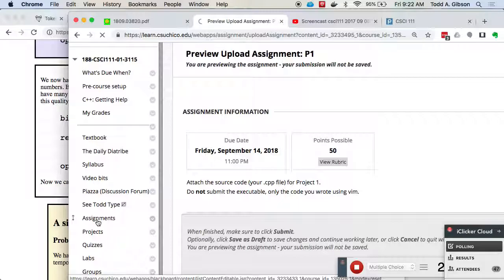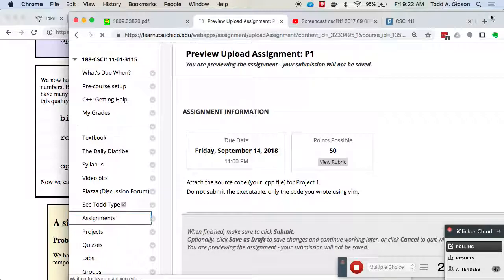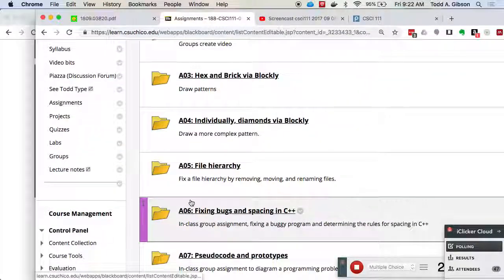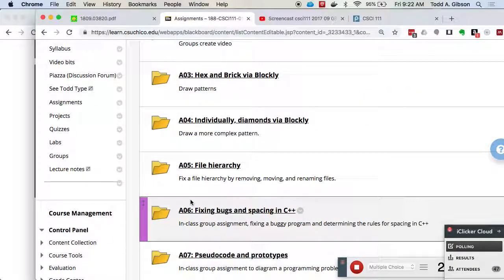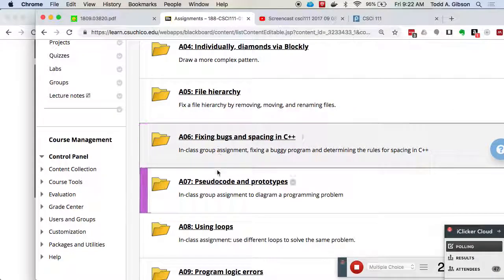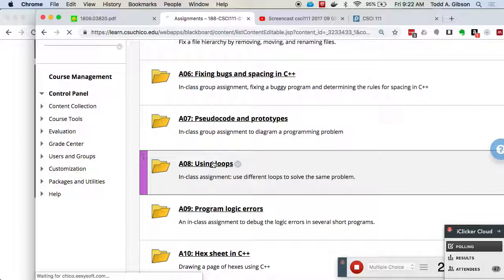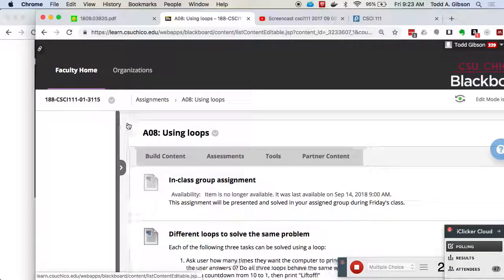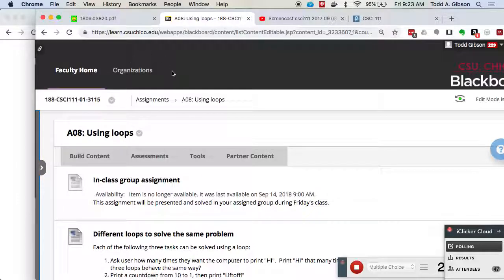And we are on, what are we, assignment 7? Nope, assignment 8. Using loops. All right, this is what I want to do with the remainder of the class as an activity. This activity is not due until Saturday at the end of the day, around 11 at night.